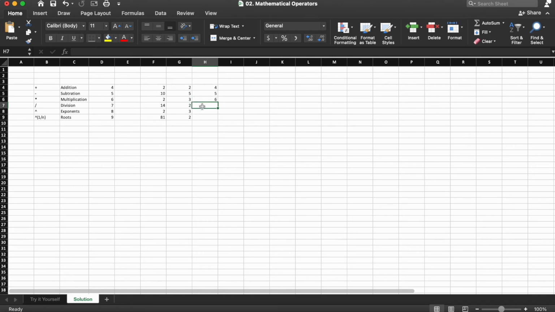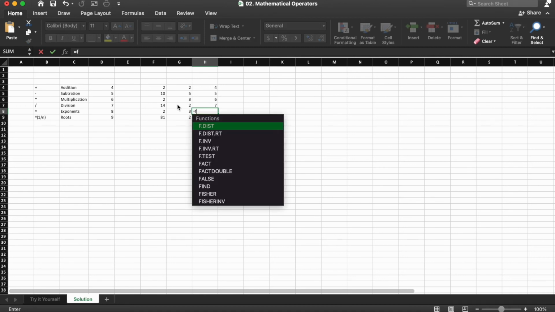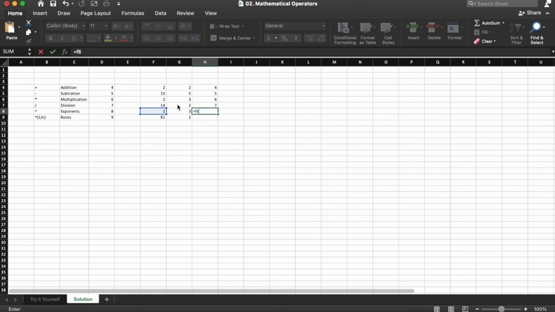Okay, moving on, division. Here we go. So we're going to do, again, equals. Always start with an equal sign. So equals F7, put our slash in, divided by G7. Enter, and we see 7 in H7, which matches what we have over here in D7. Now exponents, so equals F8, and then we're going to do a shift 6 to get that caret symbol, and then G8 to raise that 2 to the third power, and we get the number 8 in cell H8.